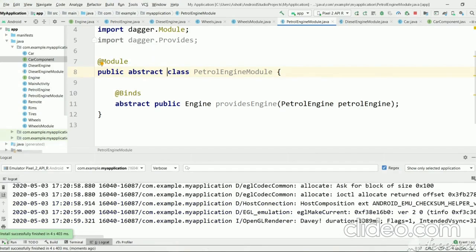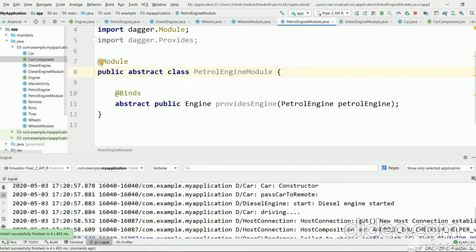Now the build is successful and we got the same successful output again. Diesel engine started. Before, we used the provides annotation, and inside this method we provided an implementation to return the engine, but here with the binds annotation we can reduce the implementation. So this is how we create objects for implemented classes of an interface.